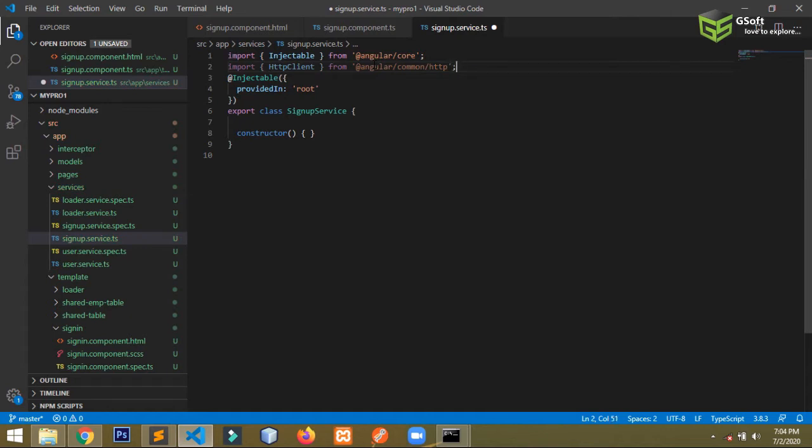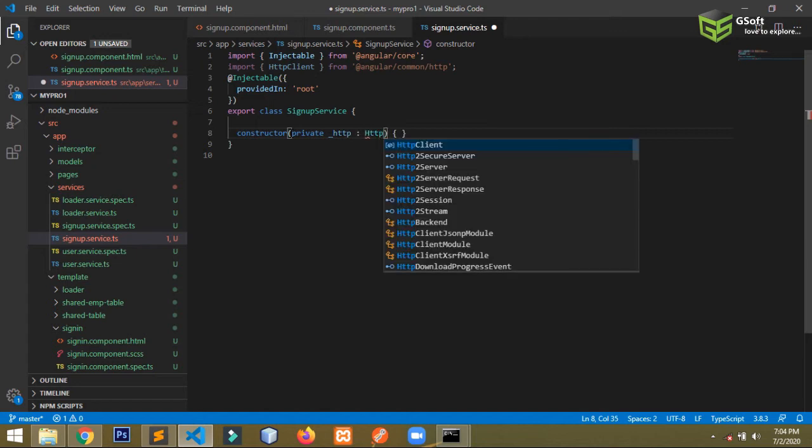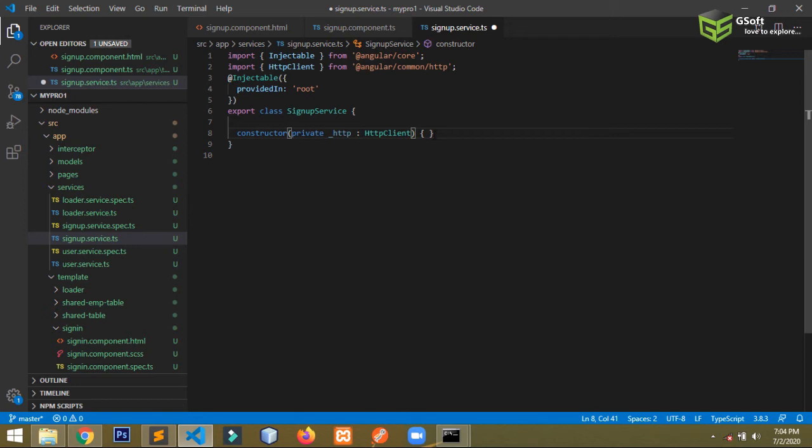Okay guys, now we will inherit the HTTP client class here. To inherit it, just write private. I am writing here HTTP, you can write anything you want. I am taking underscore HTTP, and here you have to inherit the class of this. So you have inherited the class here.